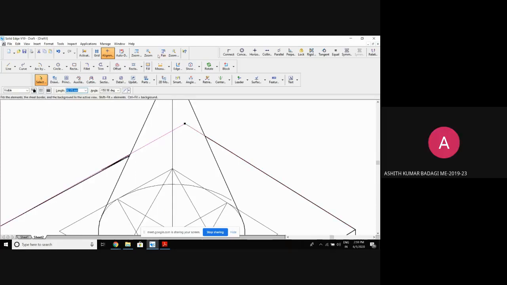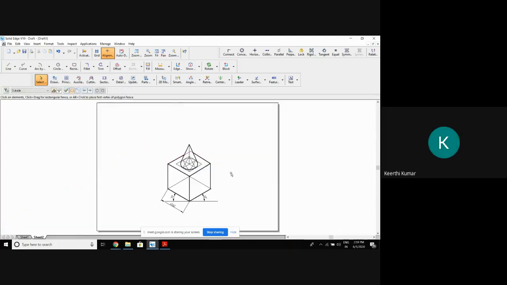It's because they are behind the cone. Yeah, because it is behind the cone, I cannot see it. So only I can see the cone properly, and except this, I can see the solid top surface. I can see the vertical lines, as well as the base. Clear? Visibility is also done.